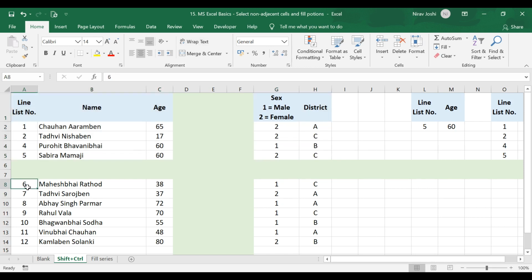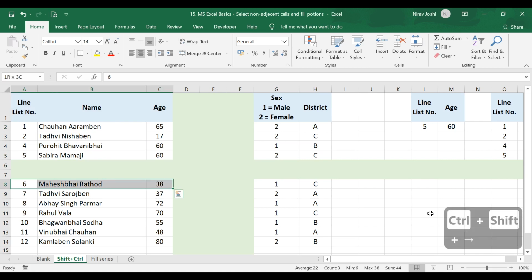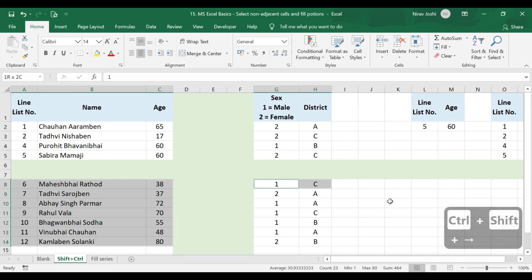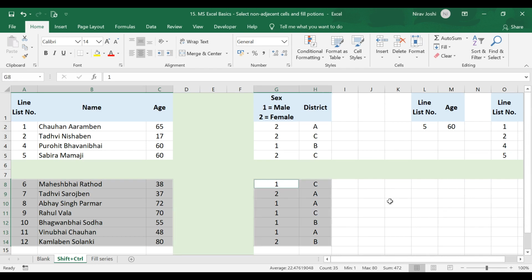As well, we can use the keyboard by pressing Ctrl and Shift together, then pressing the right arrow and down arrow, selecting one range. Then, continuously pressing the Ctrl button, select one cell of another range, and press the right arrow and down arrow. So this will select another range as per your liking. This will help you use the keyboard to select multiple non-continuous cell ranges.